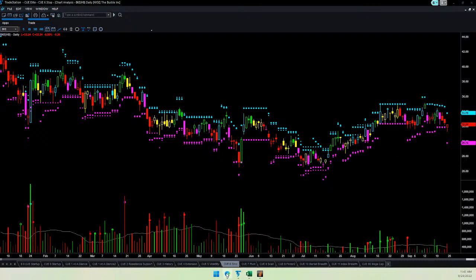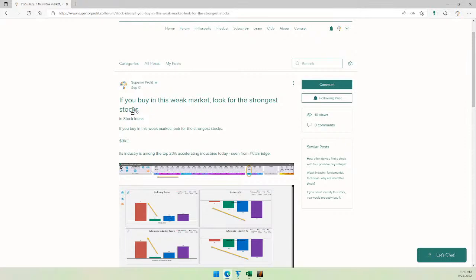And look at the heading of the post. If you buy in this weak market, look for the strongest stocks, and that is the proof of a strong stock that does not fall down even in such a weak market. And using Q systems, long before, almost 4 weeks before knowing the results, I could find a stock like that and share publicly. That is the value of the Q systems, and since then I have not shared any other trading idea in the USA market. It helps us trade, buy strong stocks, and also it helps us to stop buying stocks.